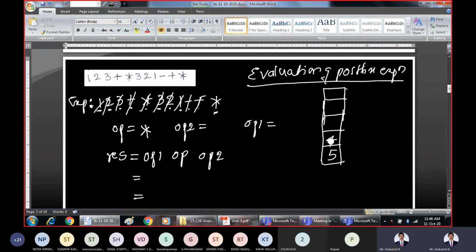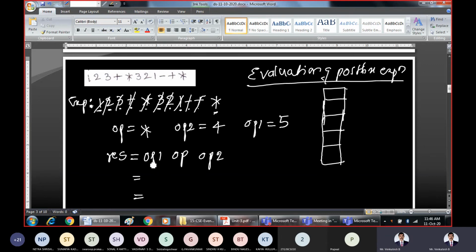Pop the topmost element from the stack and assign it to operand 2. Operand 2 is 4. Then remove 5 from the stack and assign it to operand 1. 5 is operand 1.